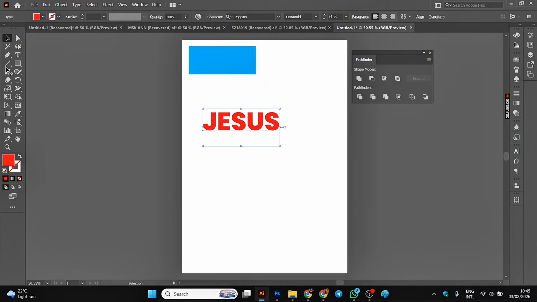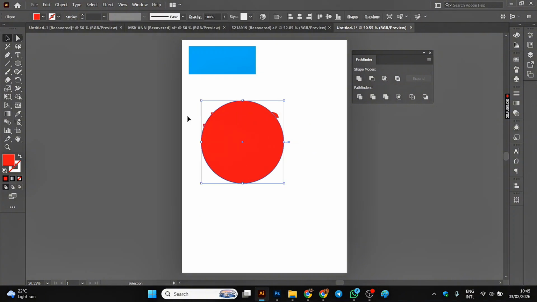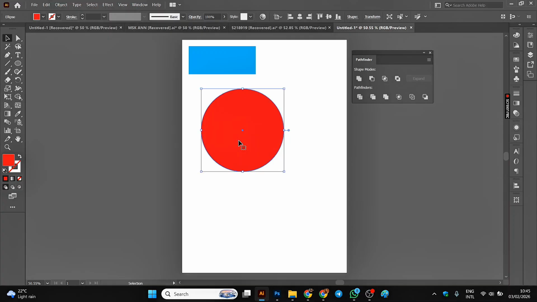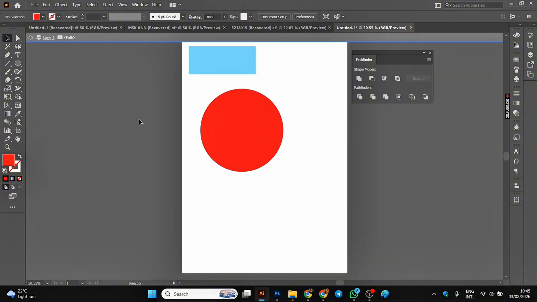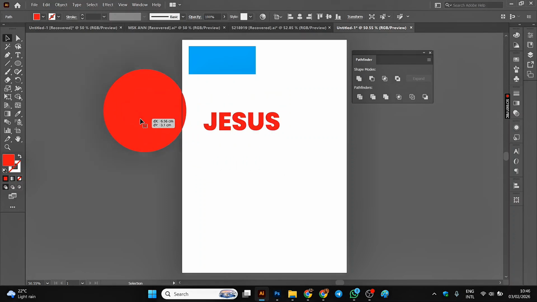So this is Jesus. Now let's get a circle. When I get a circle over it, like this, make sure it overlaps. When I select all of it, let me first make sure it's at the center. Okay. So when I select all of it, and then I go to Minus Front, no, it hasn't worked. Sorry, we missed something. We need to change this to